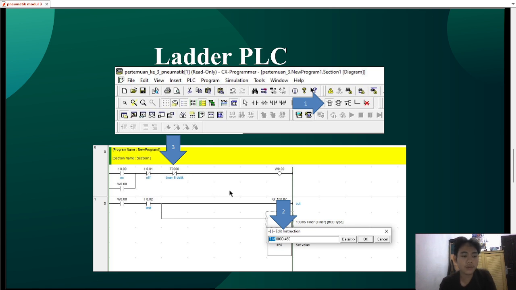When the operator presses the on button, current flows and the output coil is energized. At the same time, the internal relay system is also energized.